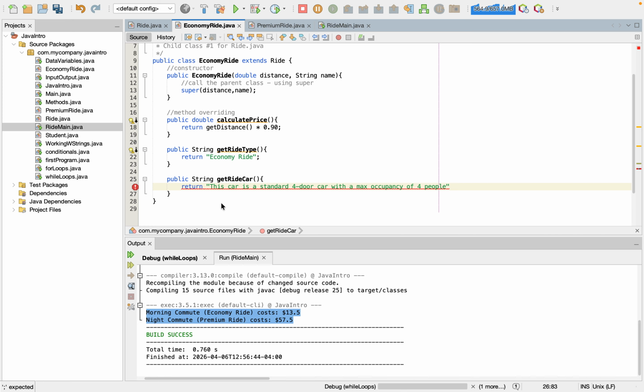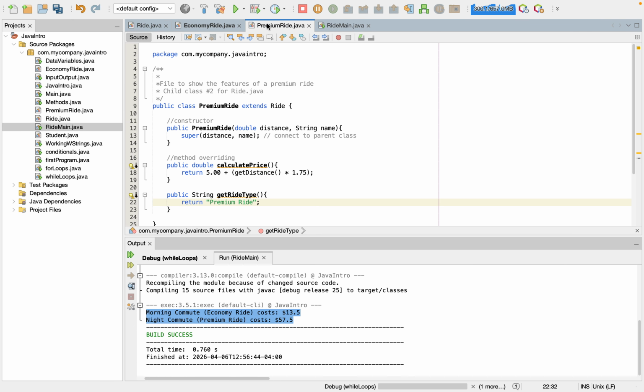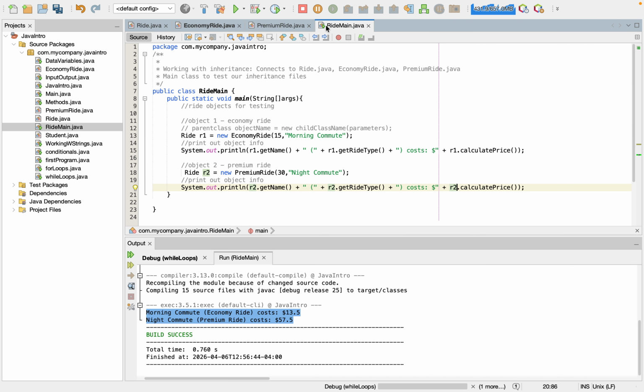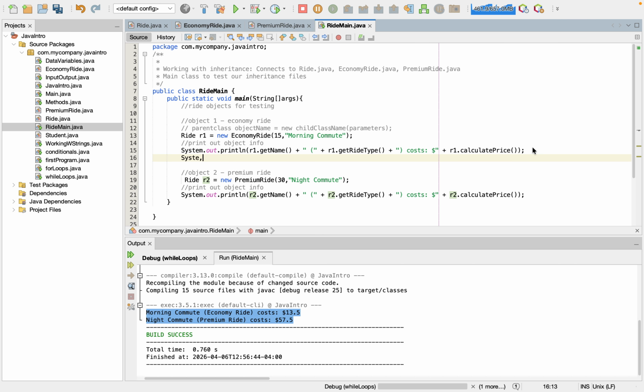So that will be an example of that. And now what we're going to do is we can use that in our printout. So we have that. We edited in our economy ride. So we're going to come to our ride main and we're going to add some information here. And we could say simply